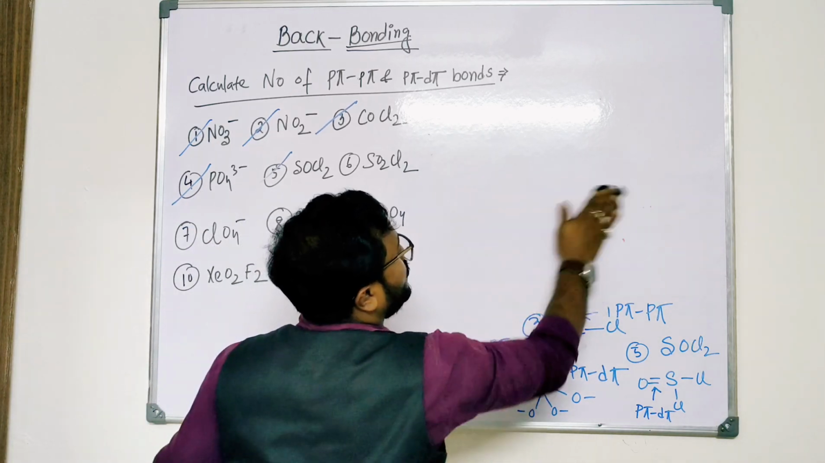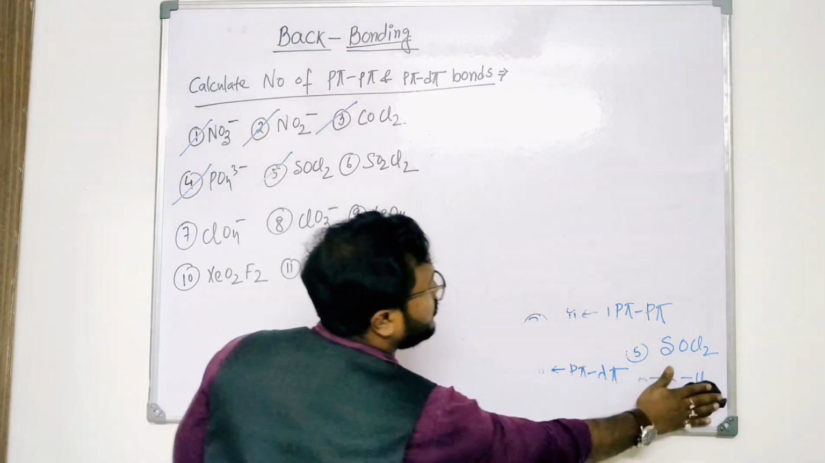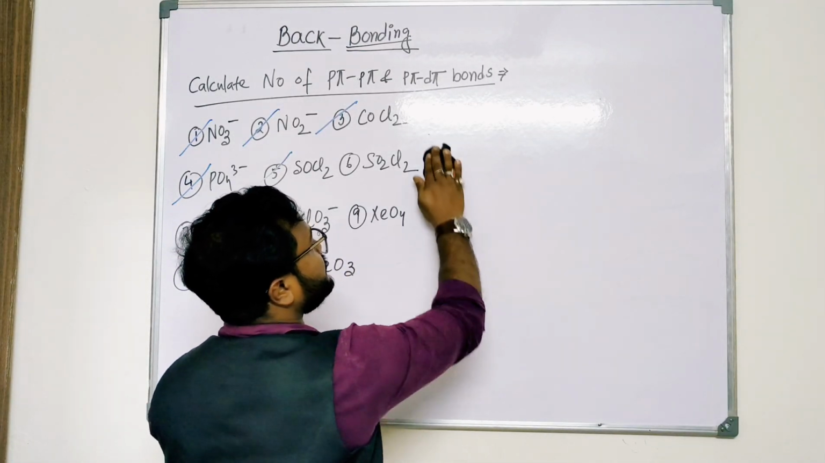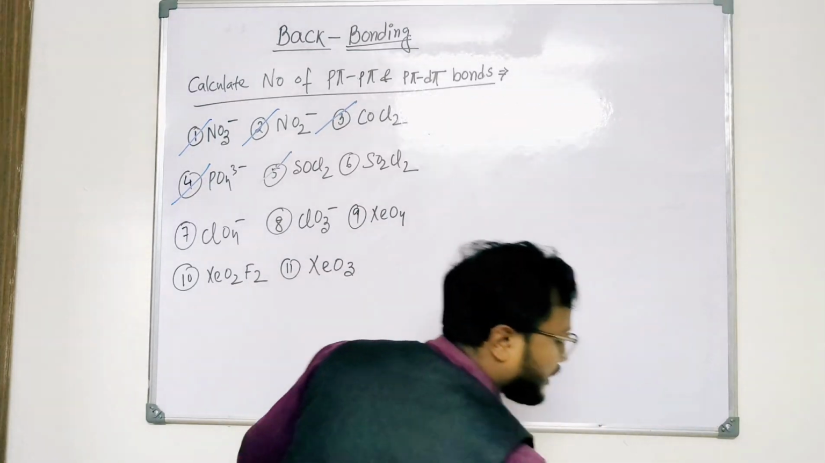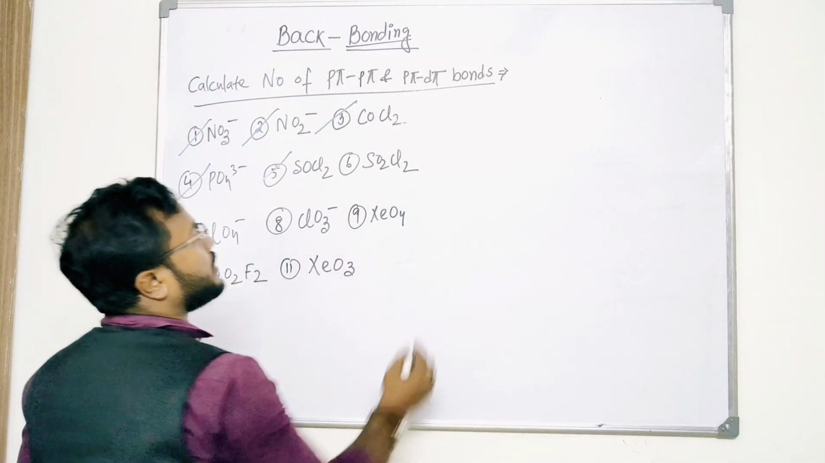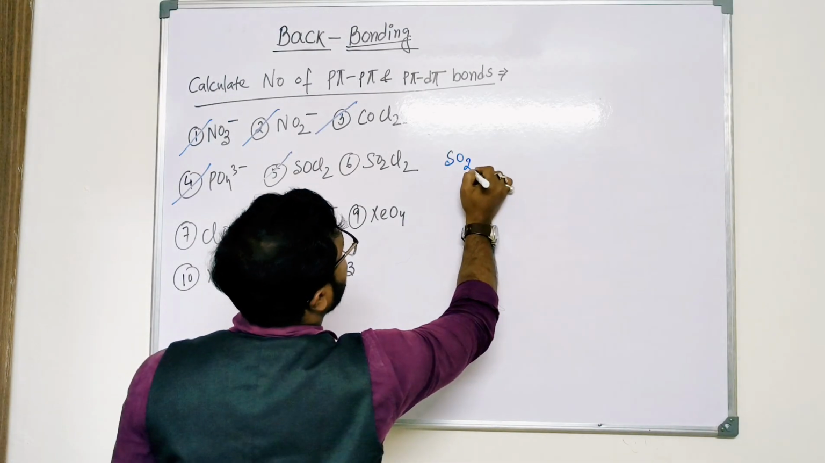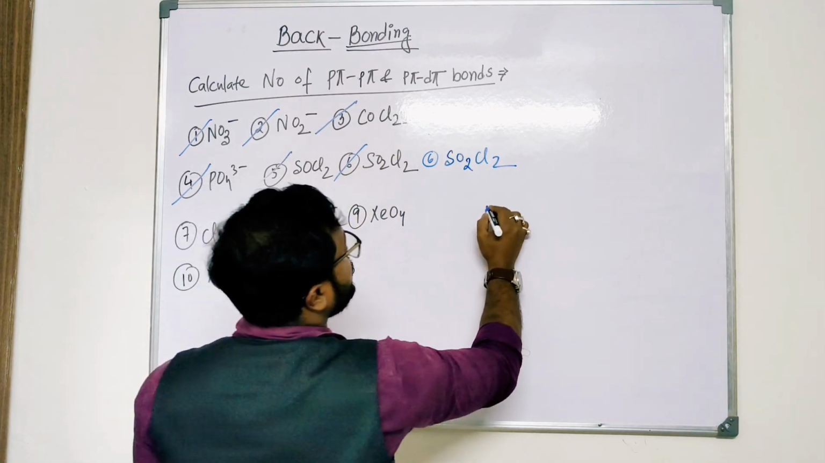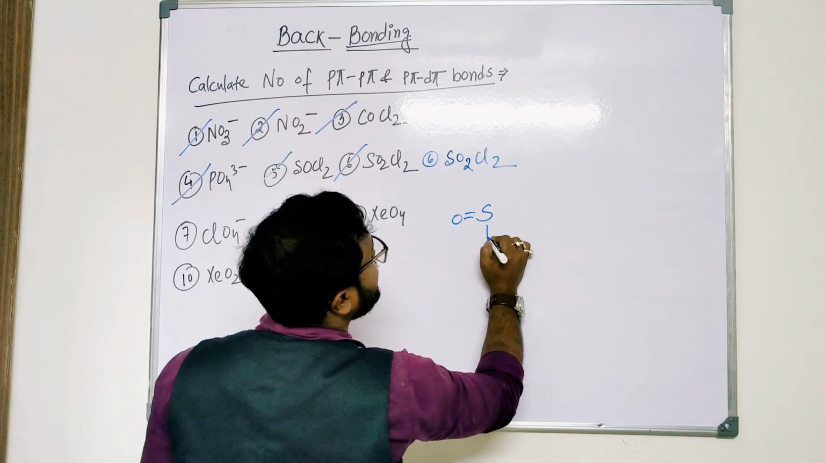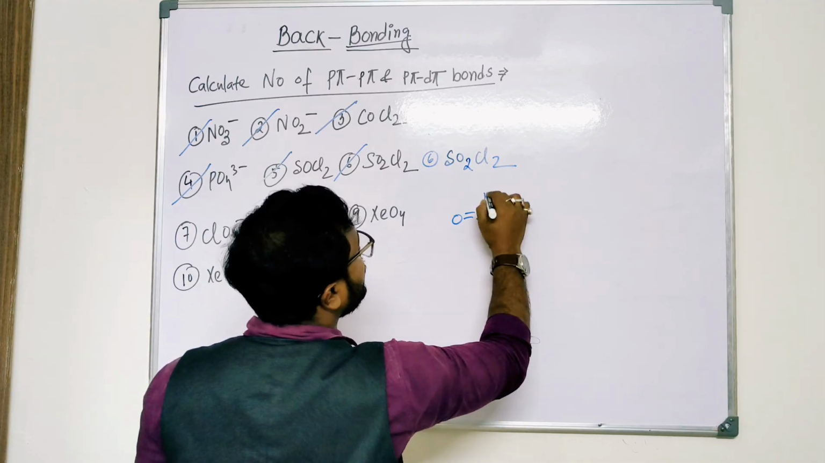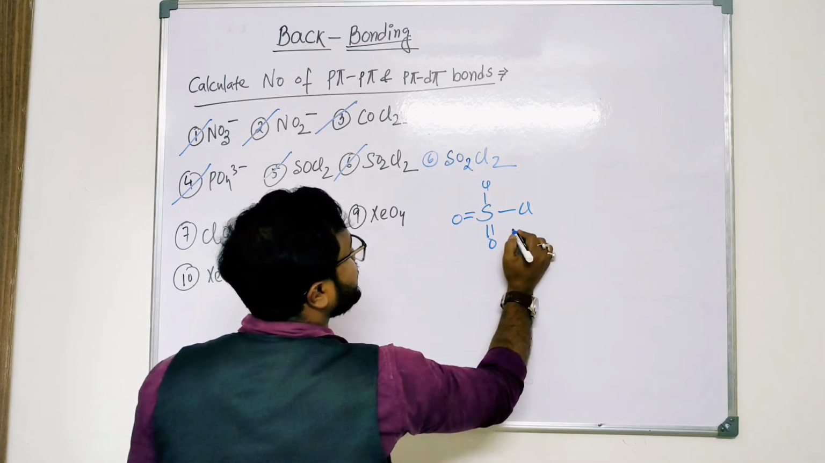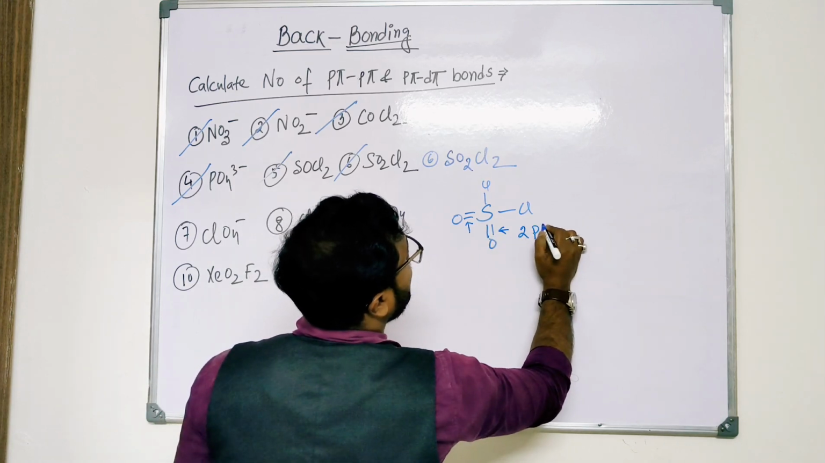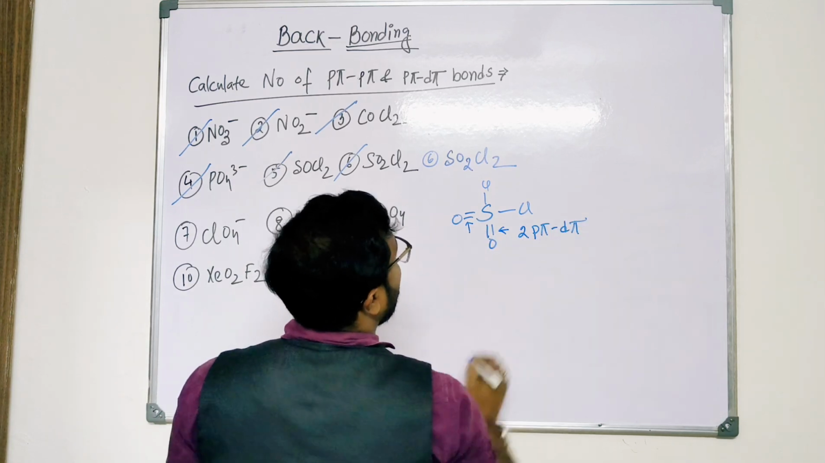So we are finding out for SO2Cl2. Try until I erase. You try to solve. In case of SO2Cl2, let's check. When you are taking SO2Cl2, that is your question number 6. So sulfur double bond oxygen, 2 chlorine. So in this case, this one and this one, total 2 p pi d pi back bonding is